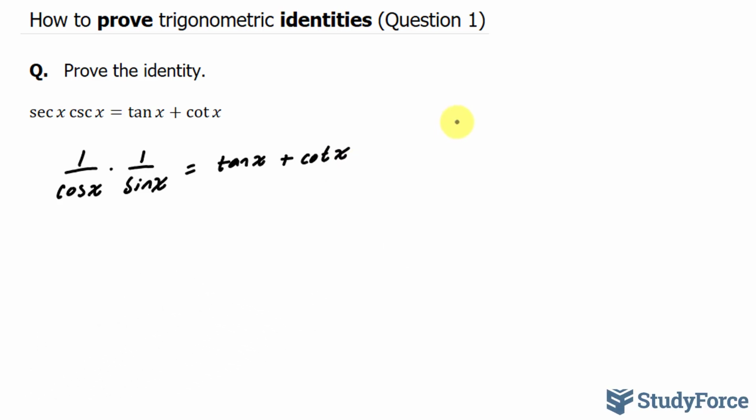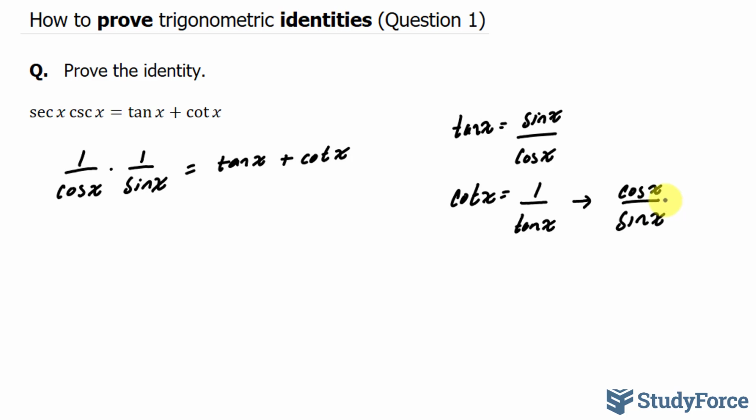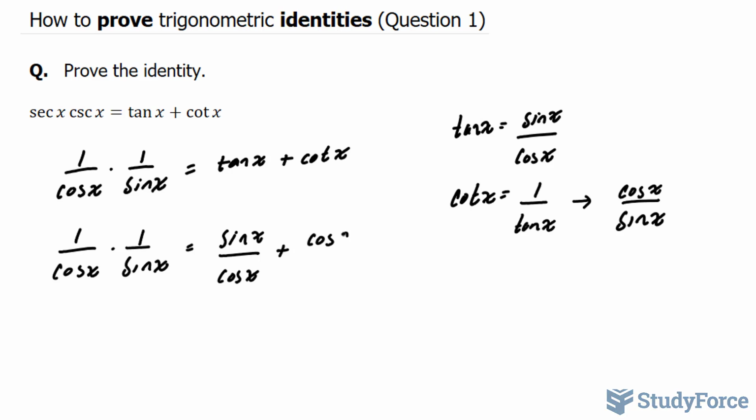Furthermore, tangent is defined as sine x over cosine x, and cotangent is defined as 1 over tangent x. Replacing tangent x with the following, you get cotangent x equaling cosine x over sine x. So I'm going to replace tangent x with this and cotangent x with this, leaving me, and the left side stays the way it is, while the right side becomes, as mentioned, sine x over cosine x plus cosine x